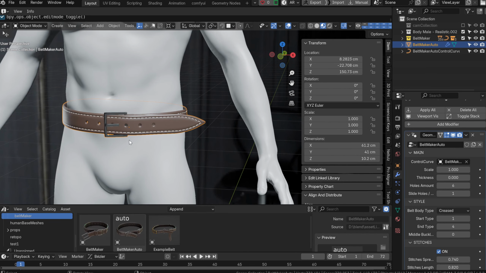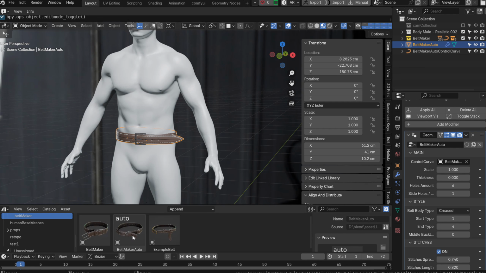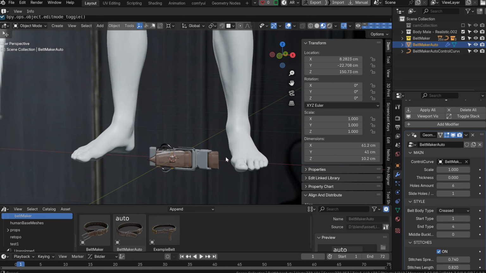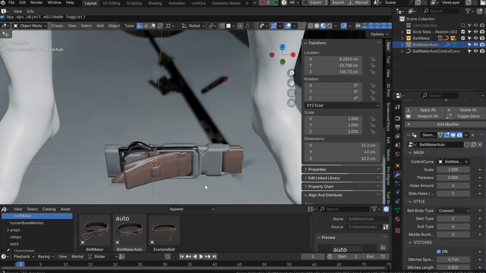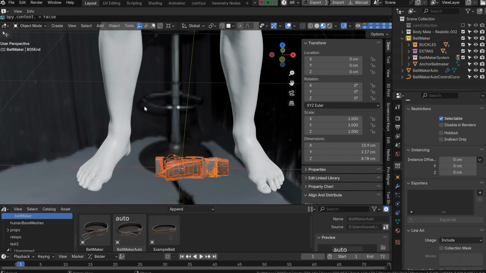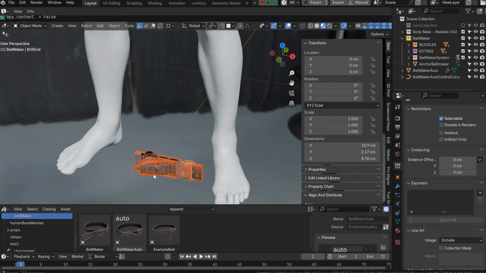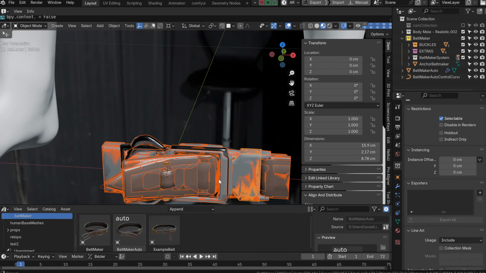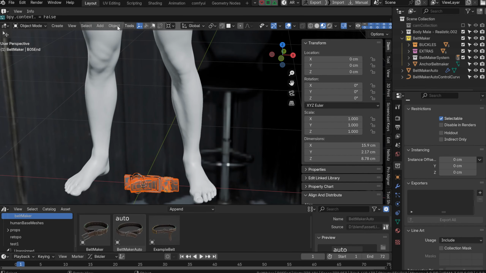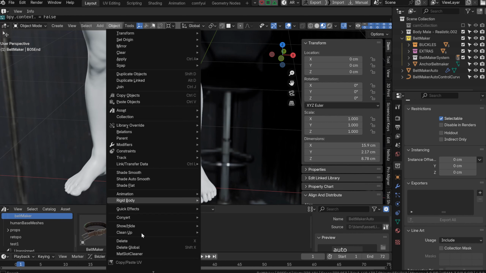It's a bit challenging, but if you drag and drop from the asset browser, you'll get these parts together. Here you'll find various buckles, loops, and similar components. It's a bit confusing, but you can use an alignment tool to